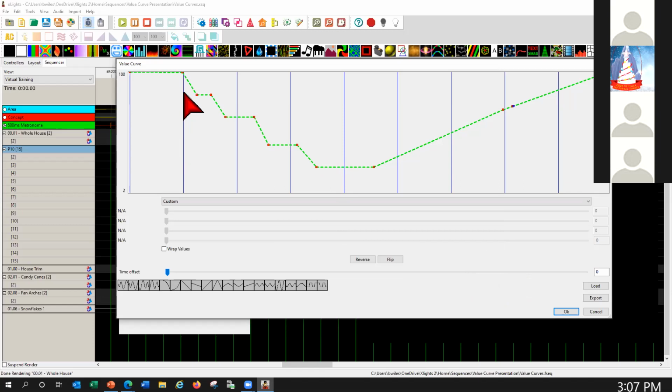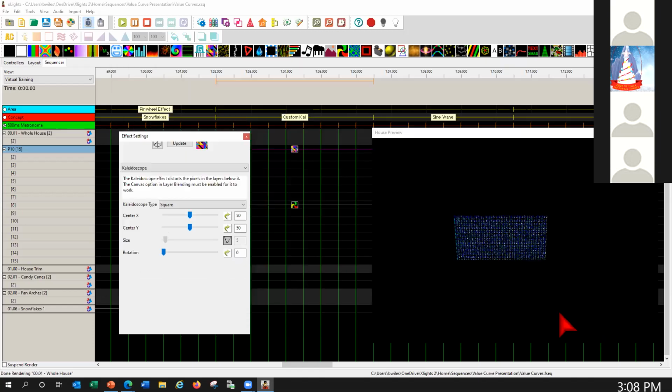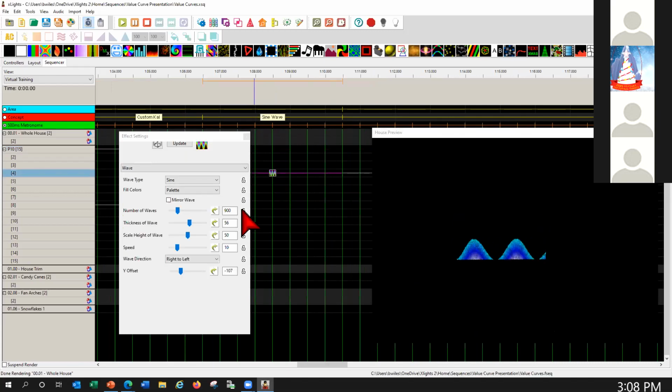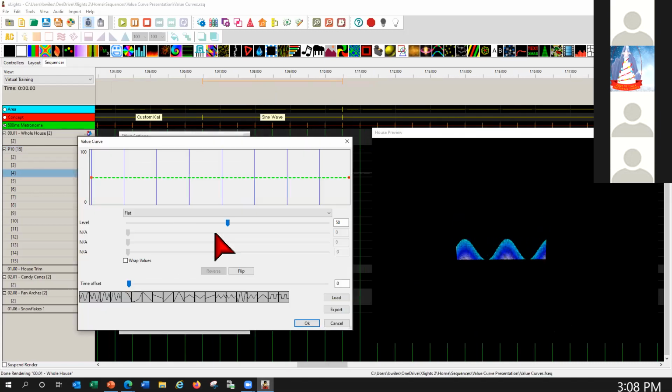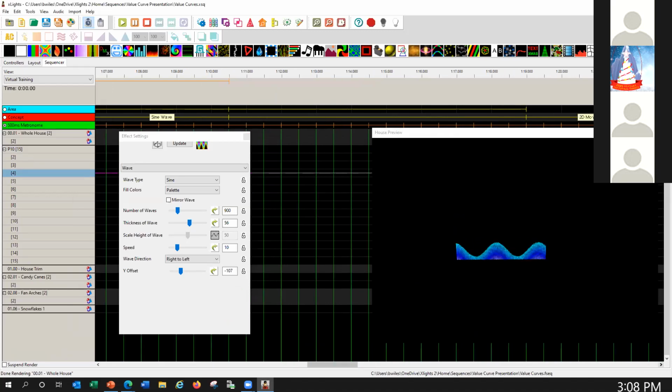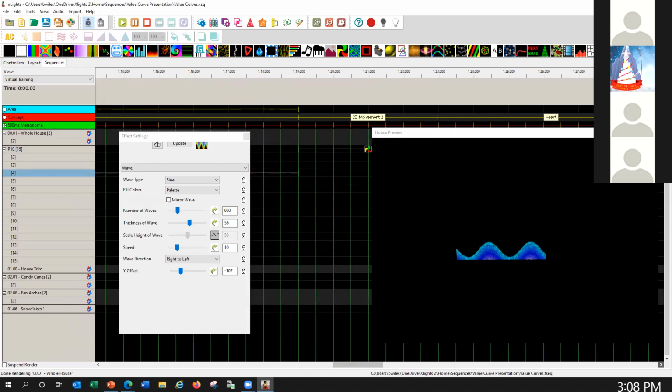So again, you have the ability to do a lot of different things, and I think you can go in and play with that. Like I said, with this one, you can see where we start out. We kind of do a level, and then we draw back. If you want kind of an ocean view, if you put a value curve on a sine wave, you can get this up and down motion. So I was trying to give you some practical examples, but I'm going to skip over the shader for a minute,